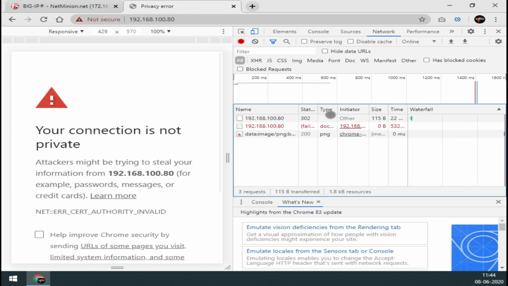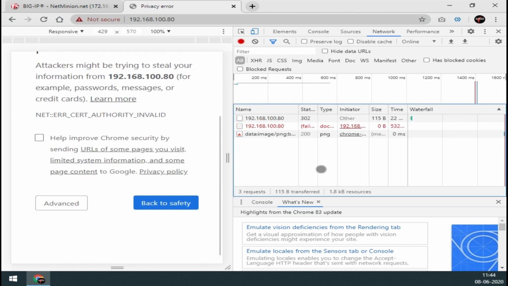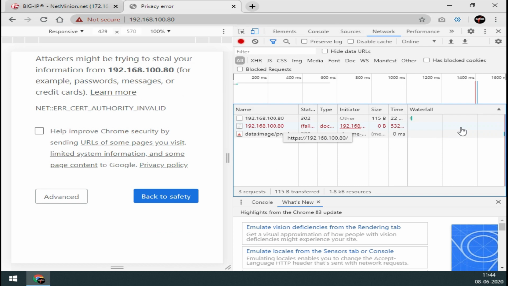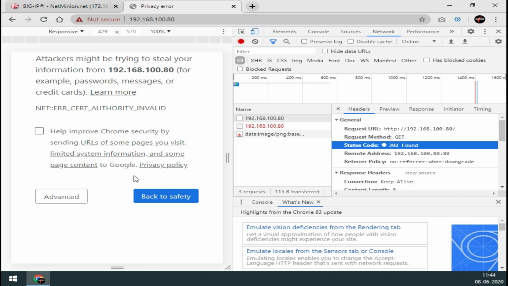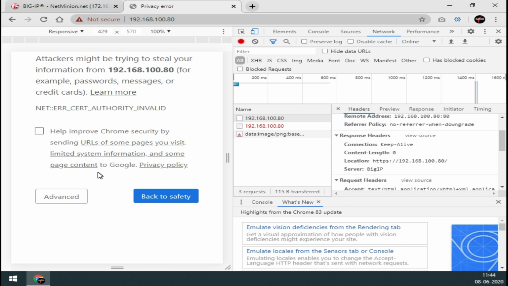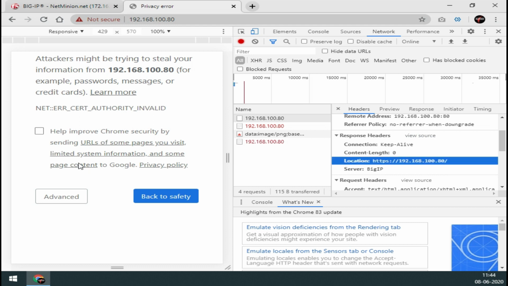So if you check, my connection is getting established, and if I check over here also, you can see the requested URL is HTTPS now, correct? If you click over here, you can see that it is 302. What is 302? 302 means a redirection is there and a redirection policy is coming into the picture. That is your status code 302. You can find it out on Wikipedia or some other page. You can see here the response header is now converted to HTTPS, correct?